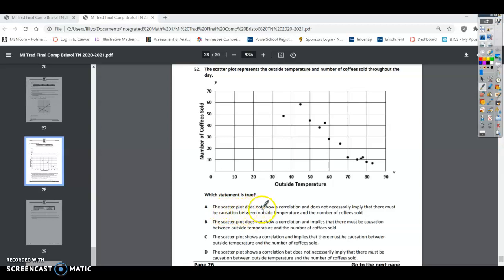The scatter plot does not show a correlation and does not necessarily imply that there must be a causation between. All right, so both of these say it does not show a correlation. Well, if you look here, it's kind of trending down, so it does look like there is some kind of correlation. So we're going to eliminate the first two because they both say it does not